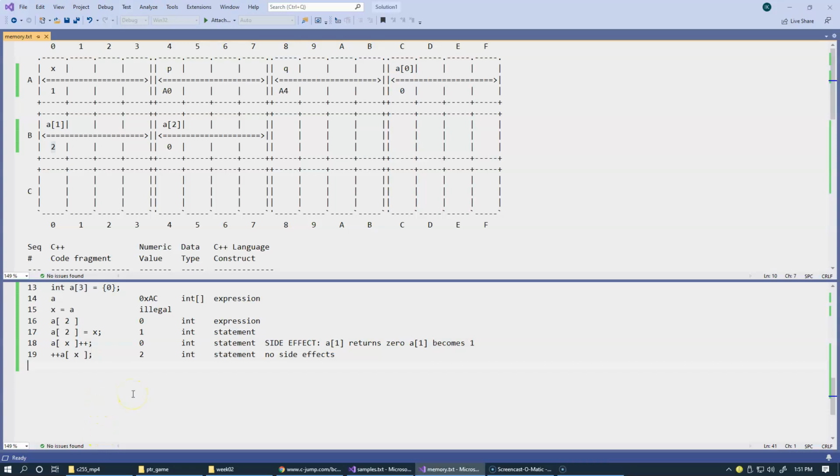In the next part of our pointer exercise, I would like to finally fix this rather strange value of q, to say that it equals a, and this way I know that a is the name of an array, and the name of an array contains the address of the first element. So this expression a, which is the name of the array, returns the address of the first element in this array. So of course the address of the first element of our array is AC,